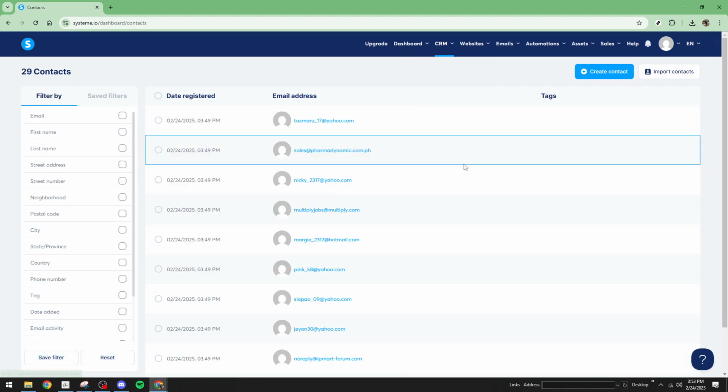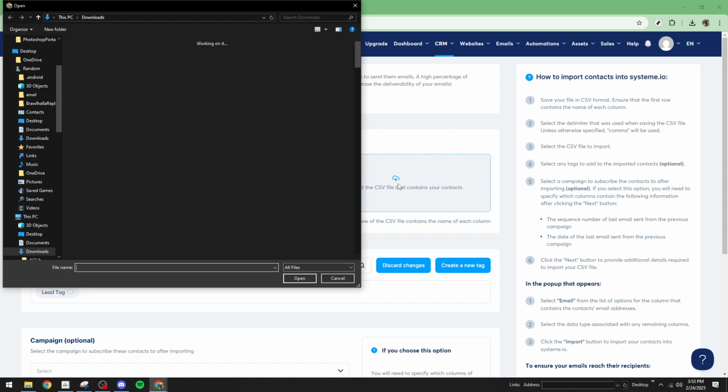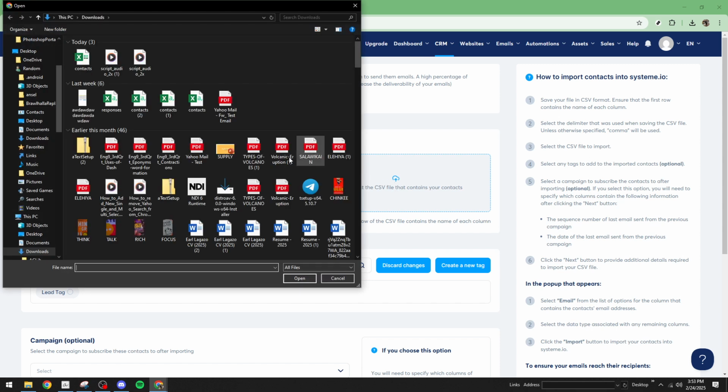With the Contacts section open, you'll want to look for the Import Contacts button. Clicking this will initiate the import process, allowing you to bring in your existing contact list into Systeme.io. Before doing this, make sure you have your contact list saved as a CSV file on your computer. CSV, or comma-separated values, format is the standard for importing data like email contacts, as it ensures all your information